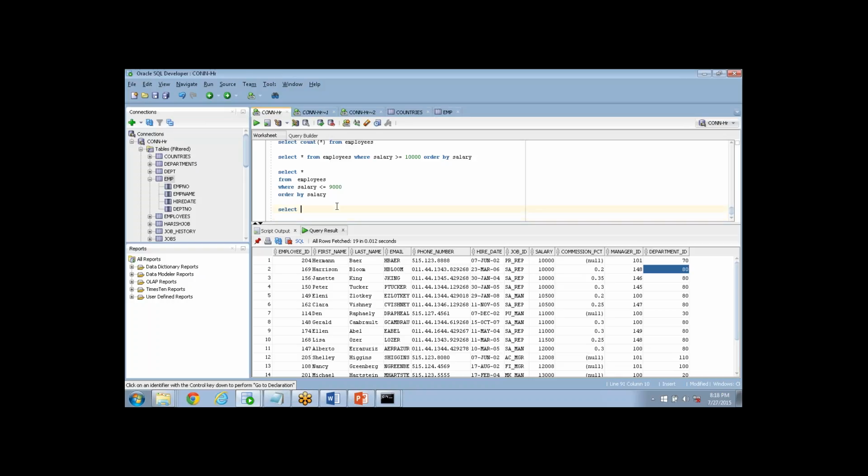So what I do is select star from employee table where